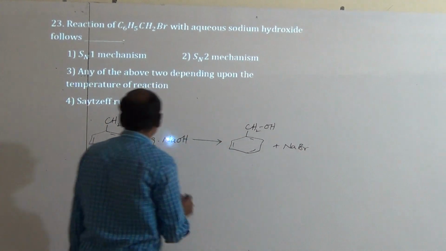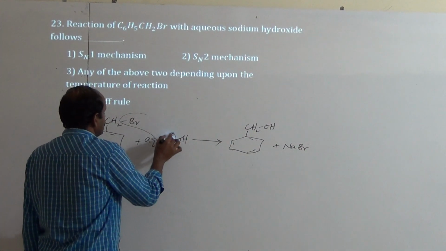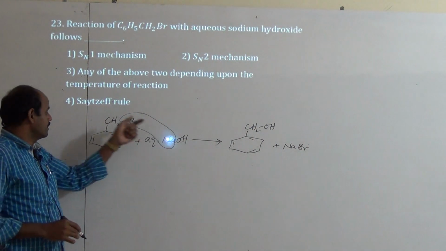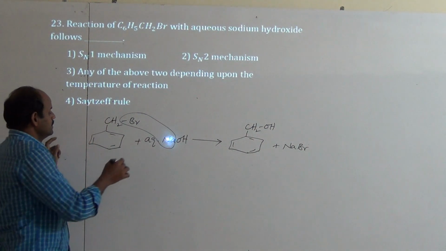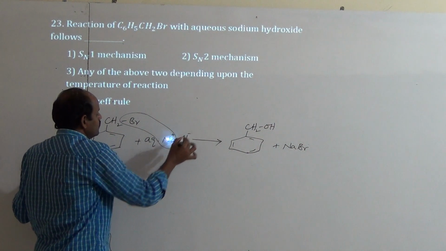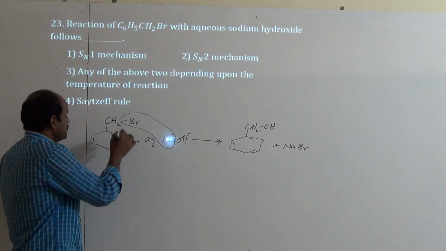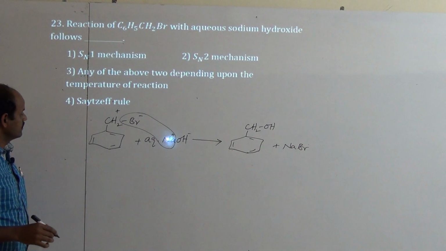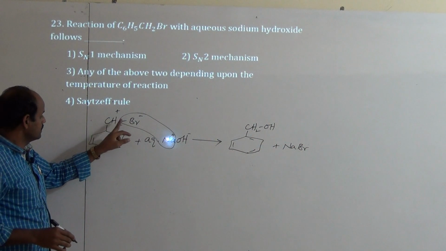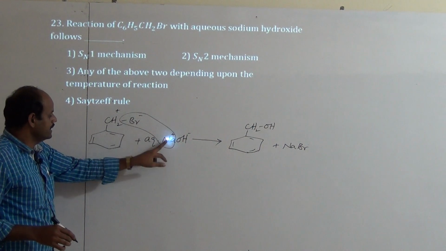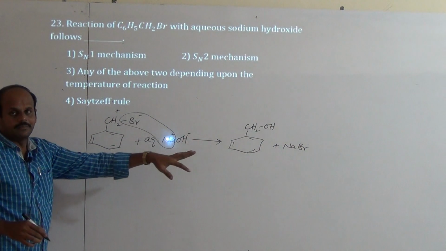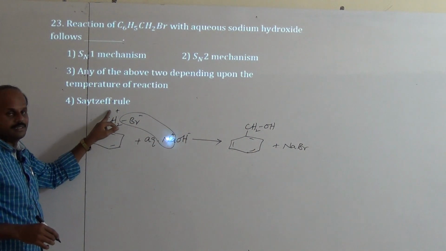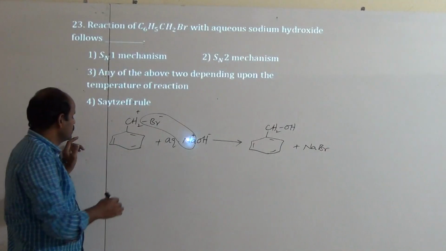NaBr. Here this NaBr will be removed, OH minus ion can attack on this CH2 because Na plus and OH minus dissociate like this, and this one CH2 plus, Br minus dissociated as Br minus, and this Br minus and Na plus combined together and are removed as NaBr, and OH minus attacks on CH2 plus. Okay, it takes place in two steps.